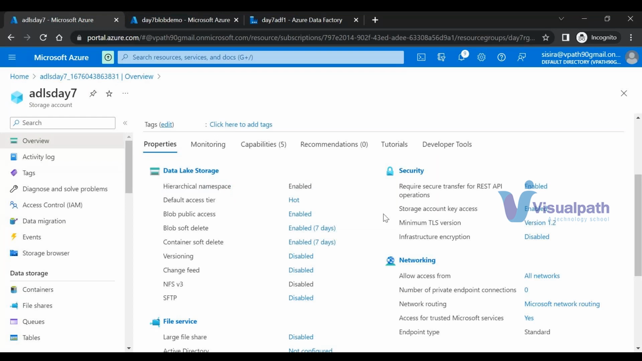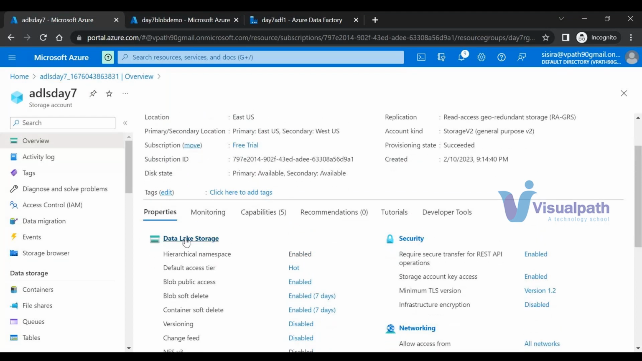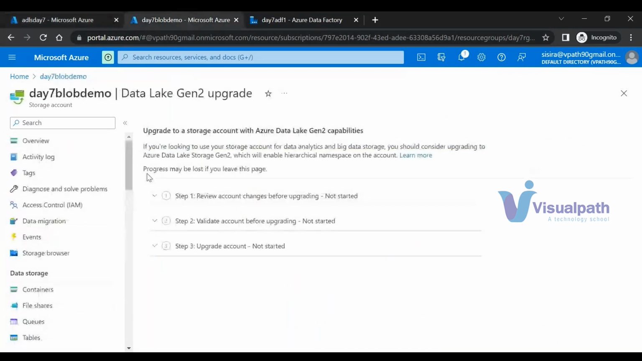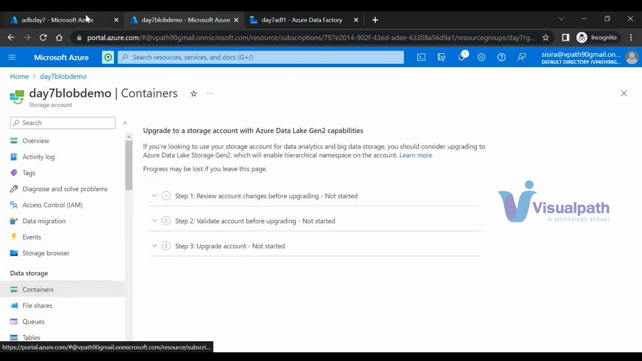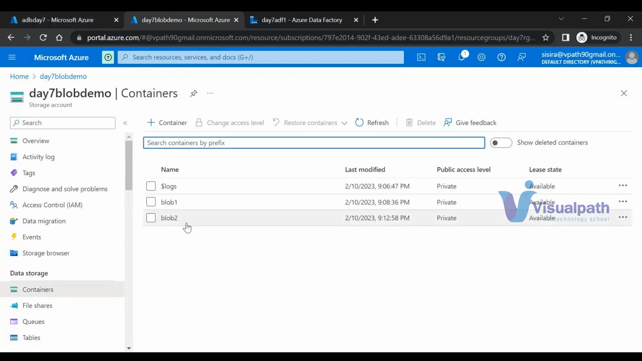So now, yeah. Here also the same concept, containers only. The interface will be the same as blob storage. Here also containers and here also containers. See, here we have created blobs. Let's create